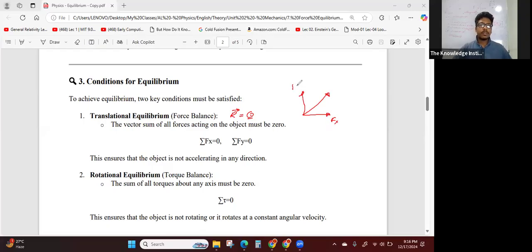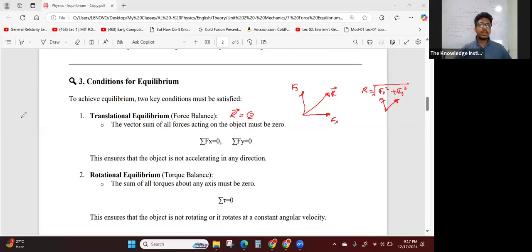Let's say this is R. We know the magnitude of the resultant R is equal to the square root of Fx squared plus Fy squared. So in order to achieve R equals 0, according to mathematics, both Fx and Fy must be equal to